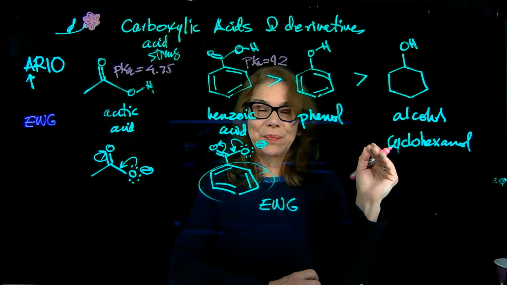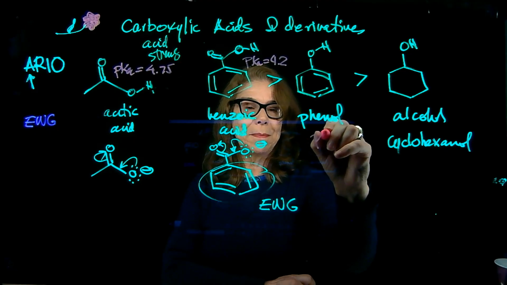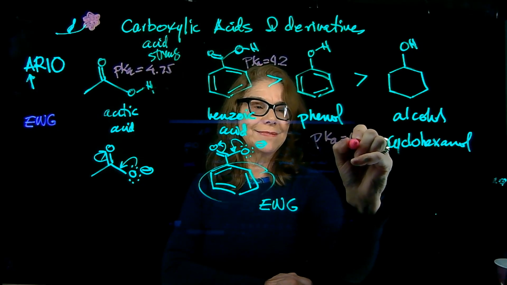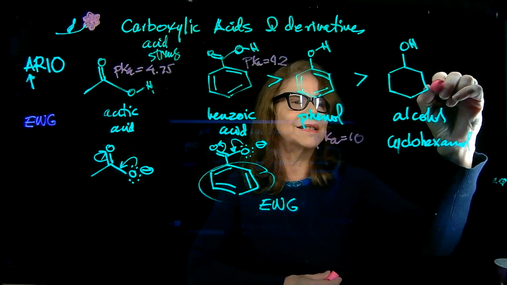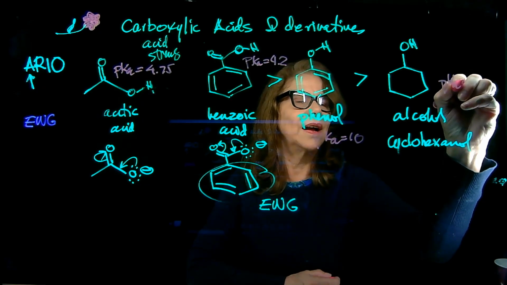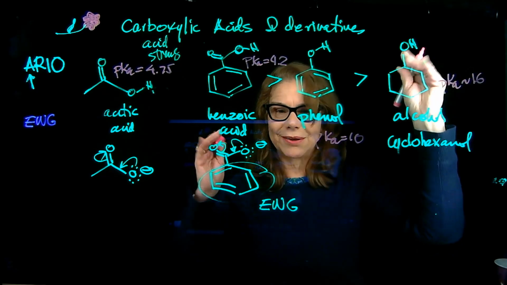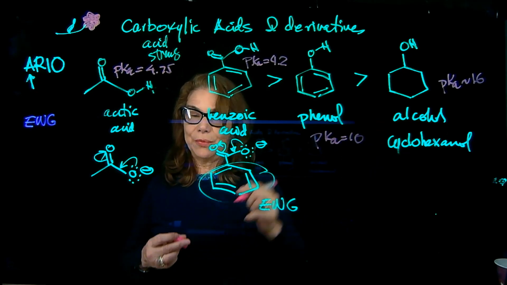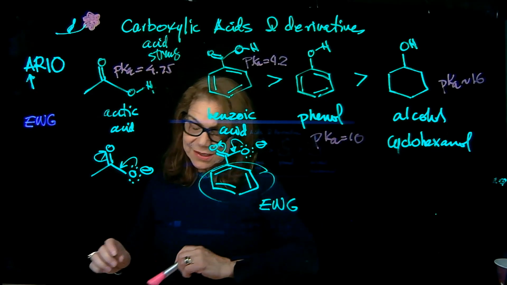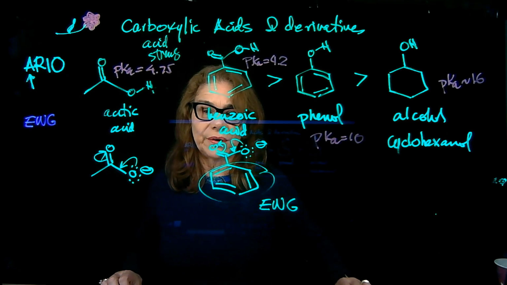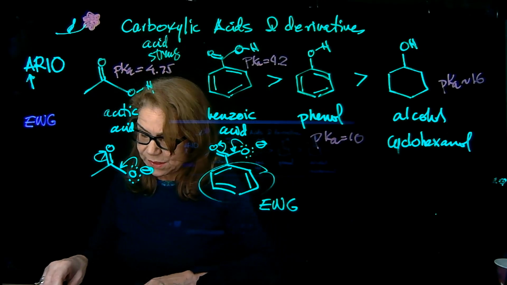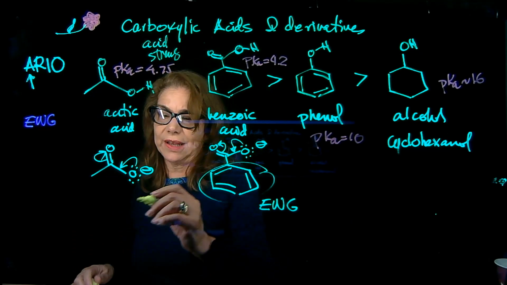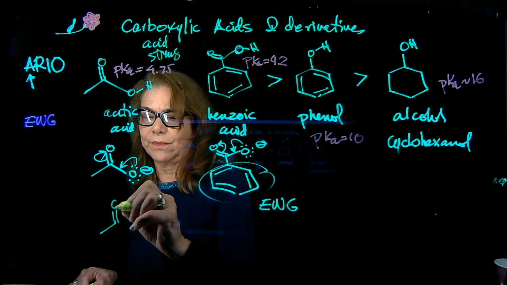And let's do the pKa's of these two. Phenol, pKa is 10. And most alcohols are around 16. I don't have the exact number, but about that. So clearly, with the pKa numbers, we know that. Now there are other effects. We can have electron withdrawing groups, atoms such as, for example, if I had